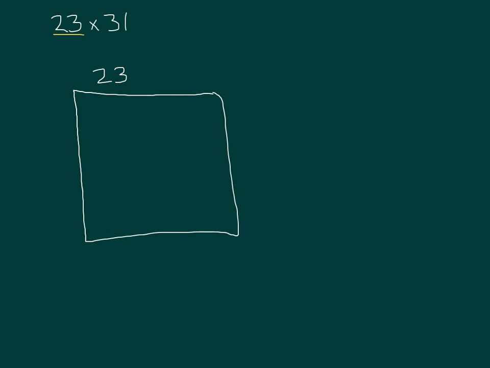And then I am going to break that 31 up into one row, and then again using our imagination here, we have another 30 rows going this way. So I have one row of 23 and another 30 rows of 23. Well, one row of 23 is pretty easy, and 30 rows of 23 is not too bad. 3 times 23 is going to be 69, plus another 0, because it's not 3 rows but 30 rows. And by adding these two numbers together, I should get my answer, which is going to be